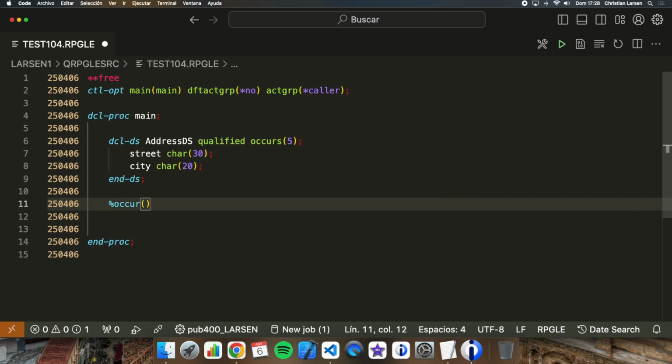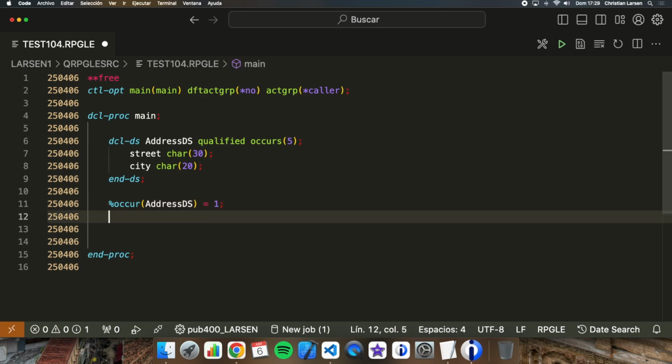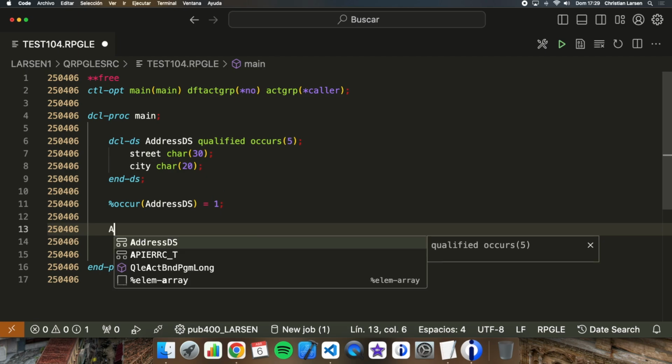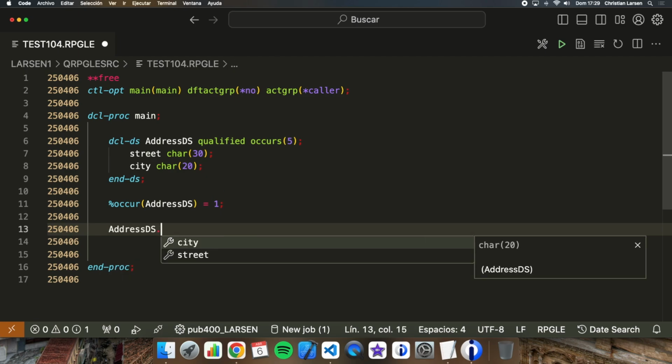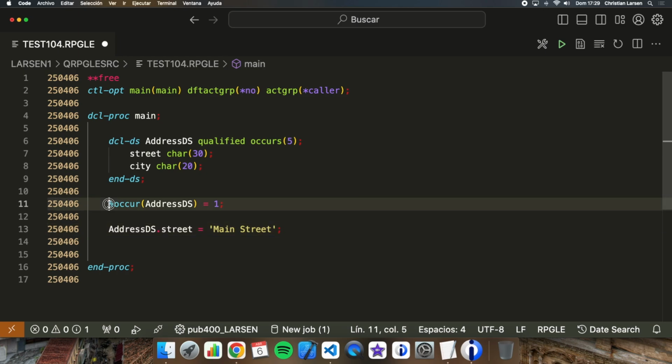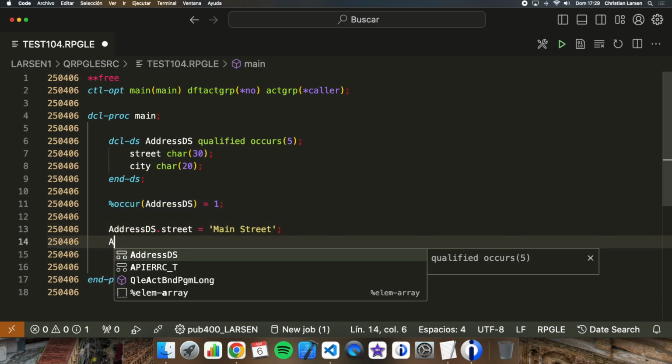Okay, and we can put here the name of the structure and the number of the position that I'm going to use. Okay, this way I'm activating this position, and then address DS street, this refers to the first position because I have right here occur is equal to 1. Okay,